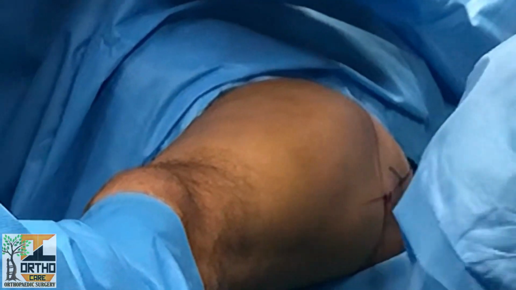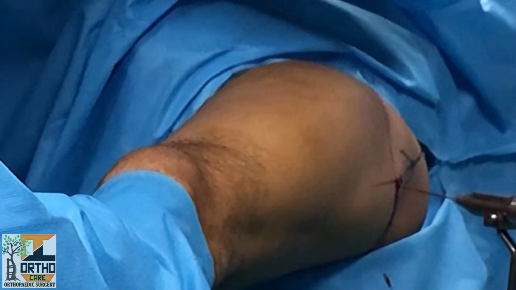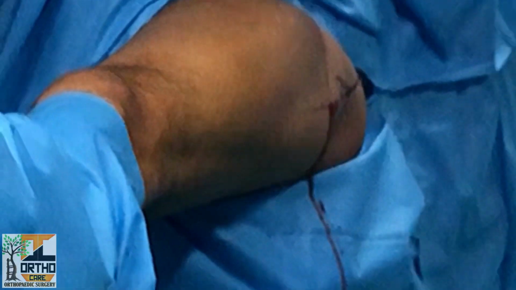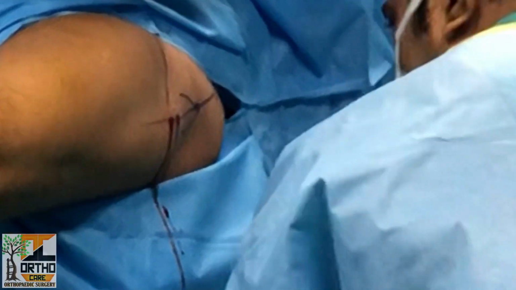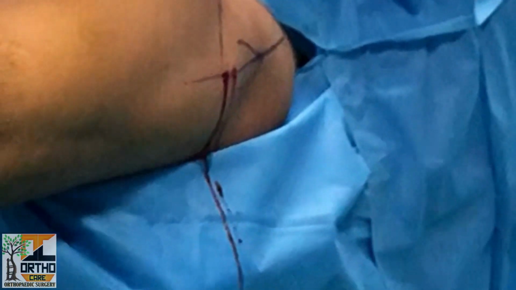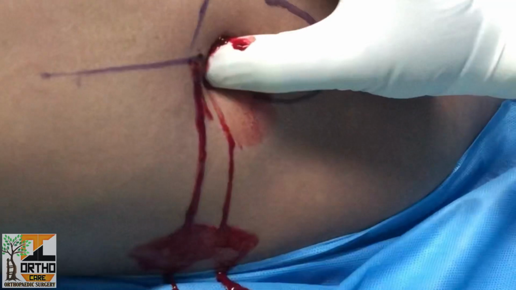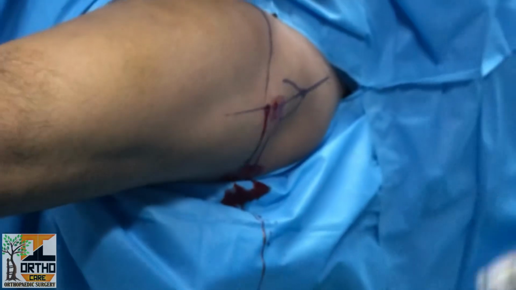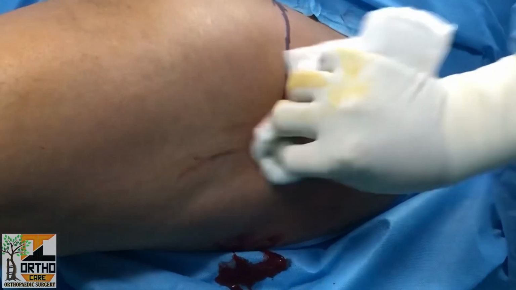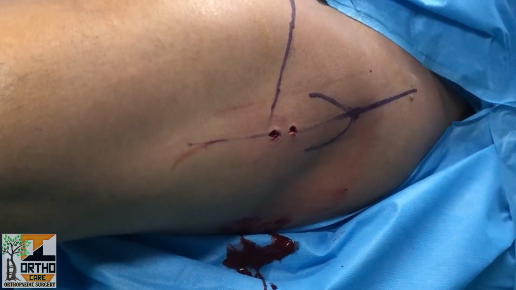How to remove the guide wire? Always take the guide wire in a reverse direction of drill bit, not the forward direction. It will proceed otherwise. You can just see the cyst fluid has come out. So it confirms we have breached the second cyst. This was the cyst fluid, which was yellowish, mixed with the blood right now. So just see the only two punctured wounds, percutaneous puncture wounds, and you can go for a third drill if you want. We preferred only two drills, and this is the final status.